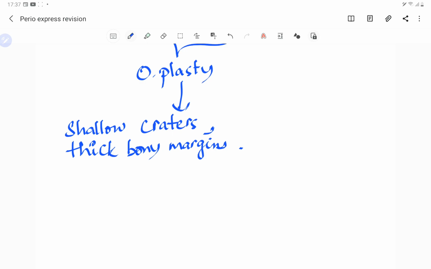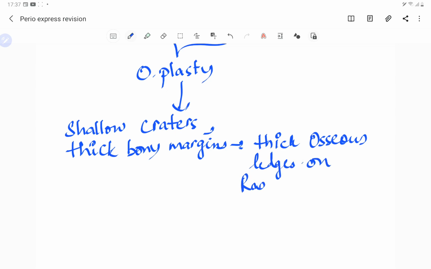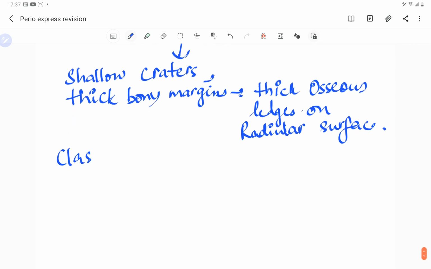So you can say that there are thick osseous ledges on bone which are present, osseous ledges on the radicular surface, because we are dealing with the radicular, not the upper part, right? So the radicular surface. Or guys, very important, class 1 and class 2 furcation,